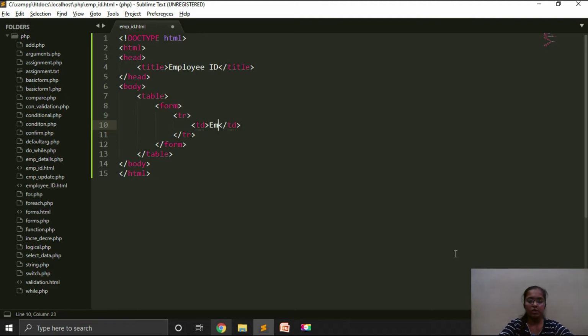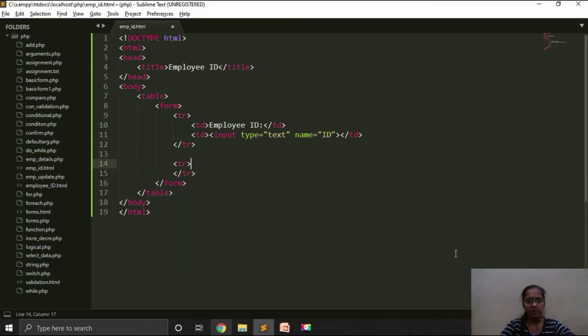Now let's give a label as employee ID. And now we want an input type text for the text box, and let's give the name as ID.